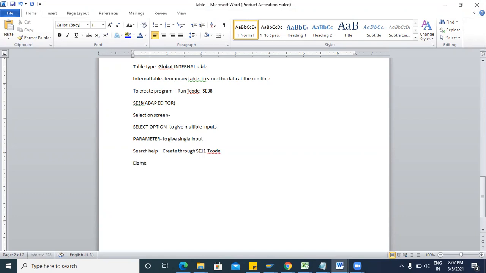The next is elementary search help and collective search help. So elementary search help provides the F4 help. Then collective search help is the combination of multiple elementary search helps.